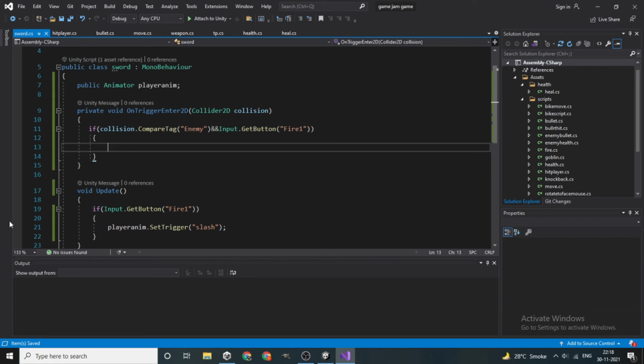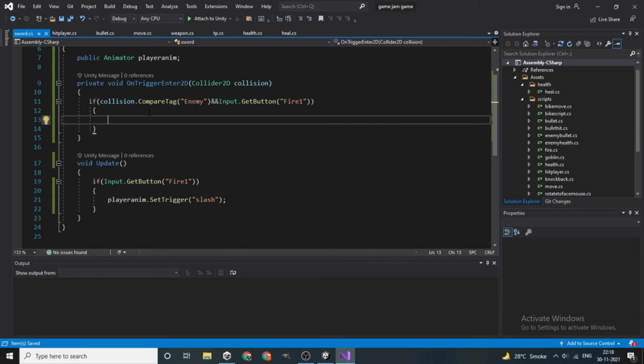If both of these statements are true, then basically we want to deal damage. Dealing damage, I will cover in some other video, but basically yeah.